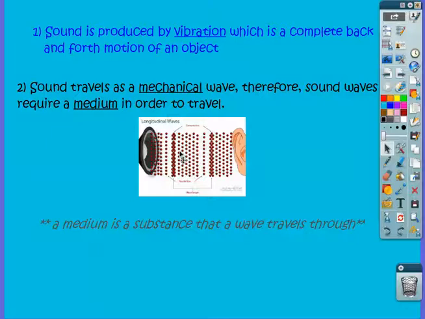So sound is produced by vibrations in an object. Whenever an object vibrates, it causes particles in the air to move, or whatever the medium is to move. And that ultimately creates sound. Now, when someone speaks, vocal cords vibrate, causing air particles to vibrate, which cause more air particles to vibrate, which cause more air particles to vibrate, ultimately striking your ear, and that allows us to perceive that wave as sound.